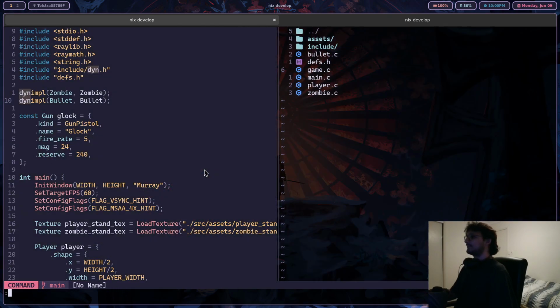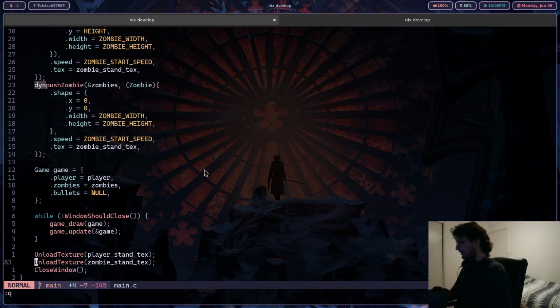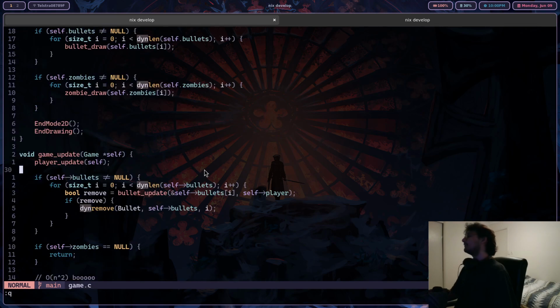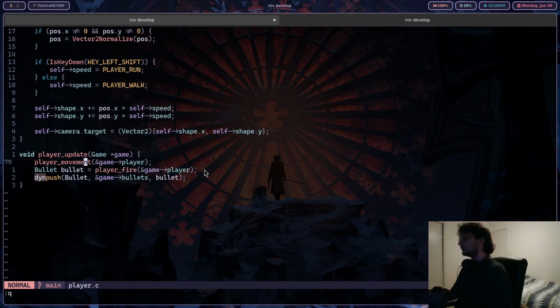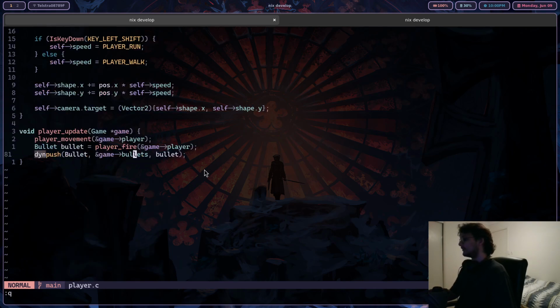What should happen is we'll spawn in, right? We're gonna go into game update. In game update, we're going to player update, which will handle the movement, but we'll also check if the gun's fired. If the gun has fired, we'll get the bullet that it just fired, and add it to the bullets game array. And